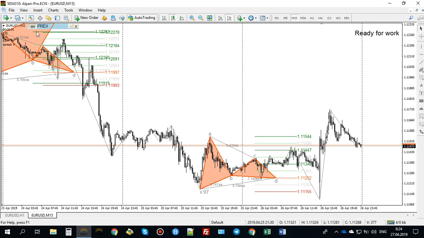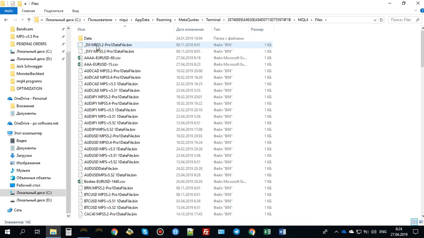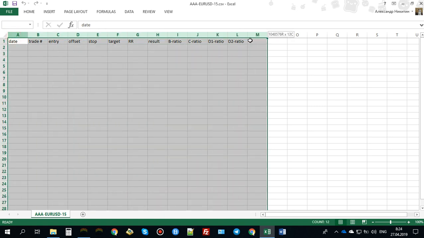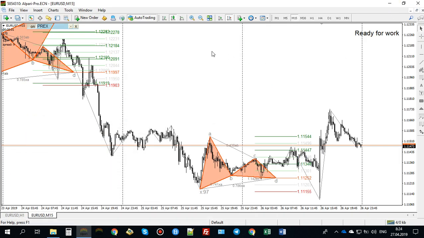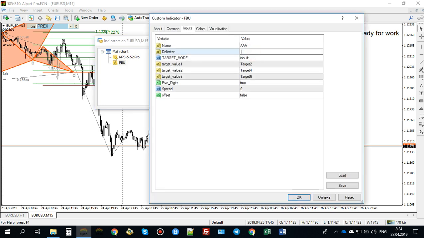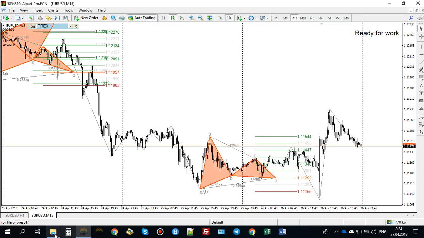Let us see the output file first. We'll go to files, we'll go to open other folders, we'll go to MQL4 files, and our AAA $15 is here. So what it did initially, it named our columns. So you see, it named that this way. Let me close this. So what happens if I change my delimiter to comma, let's say, yes, okay, and I go to open the same file,